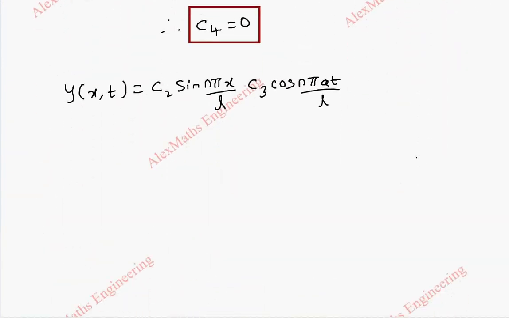We can combine C2 and C3 as the constant Cn. So y of x comma t will become summation n from 1 to infinity Cn into